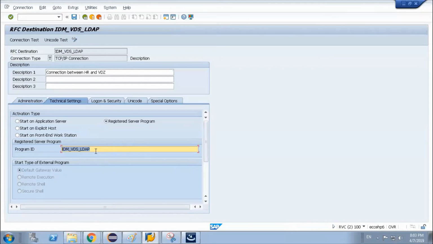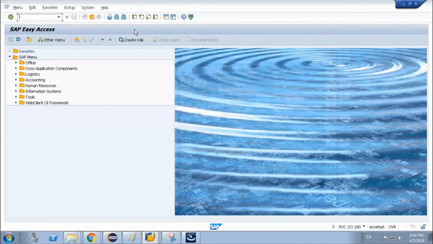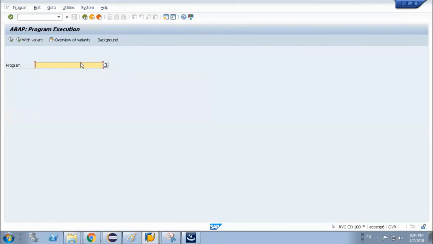REG underscore RFC EXEC, that is one. No, it's something VDS. I can't remember exactly. You can search in SA38 or SE38, right? Program star VDS, star something, star LDAP.